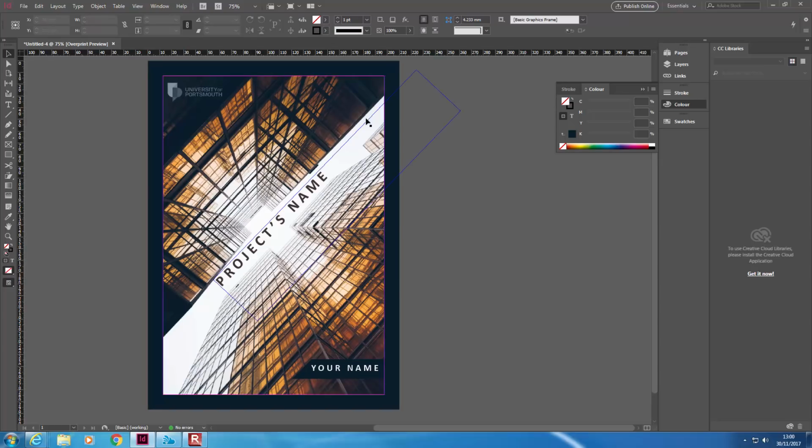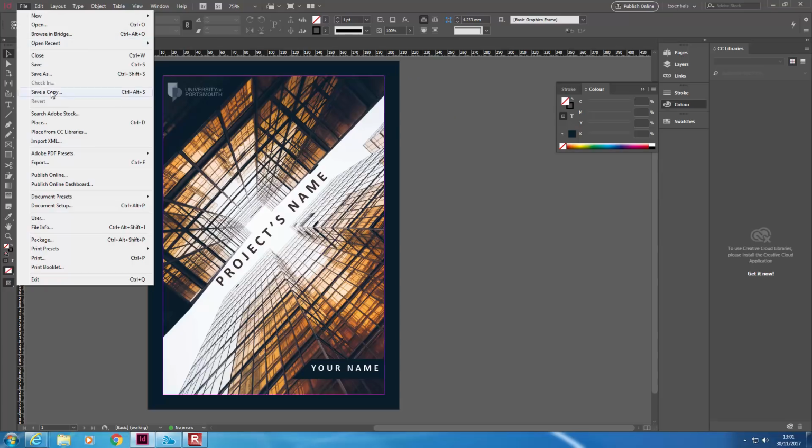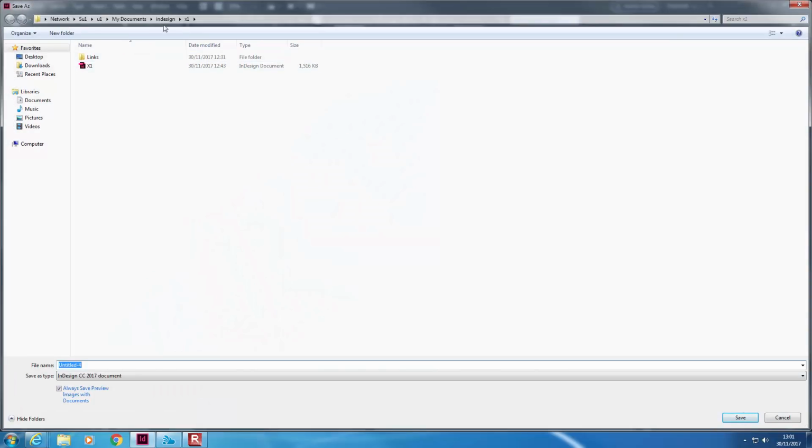So now we've finished creating the cover page. I'm going to save the work in the cover one next to its link, which can be outside. I will call it